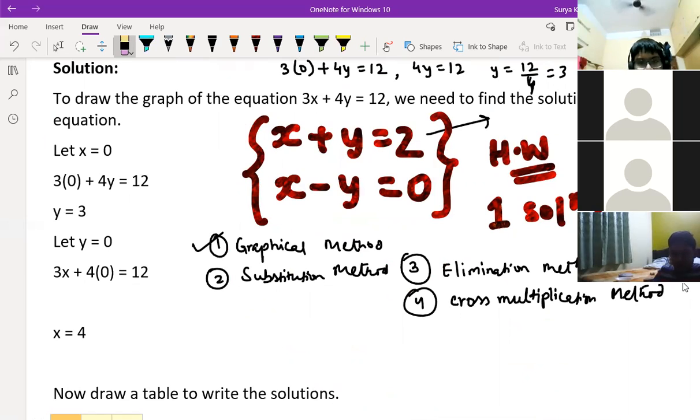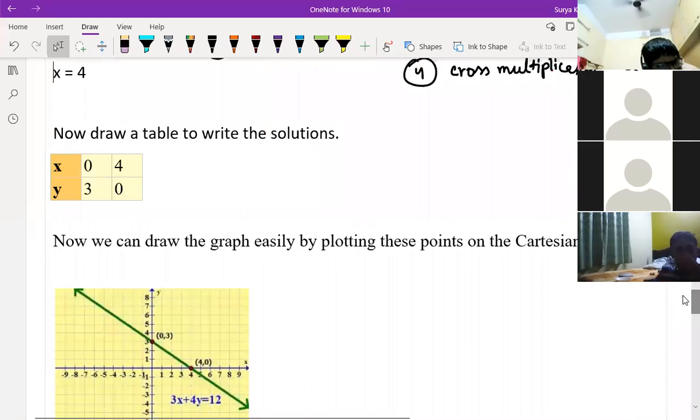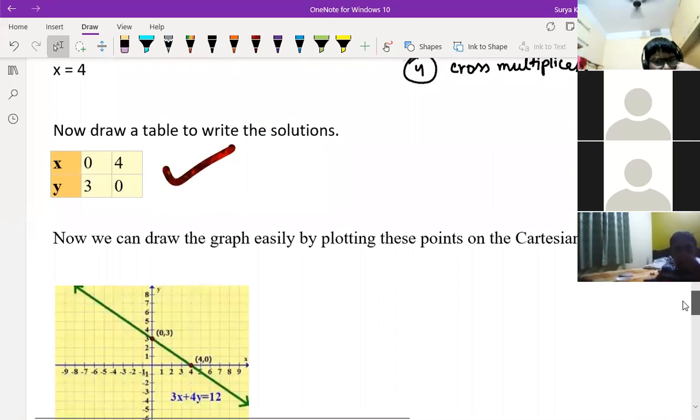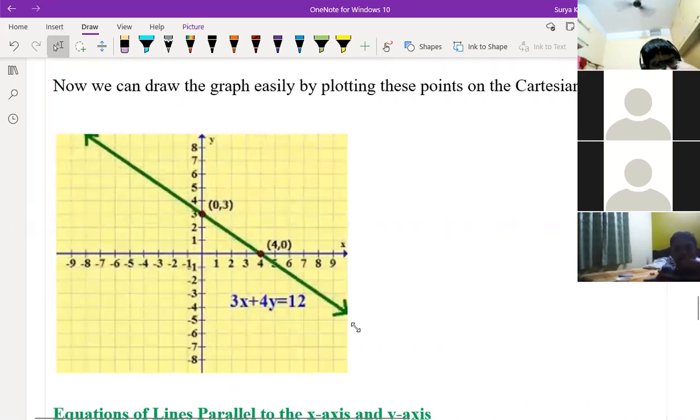Now I'll tell you the substitution method, okay? Right now I'll finish the substitution method also, then we can move further. See the same question, we'll see this question. See, they have done the graphical method. This is the graphical method they are doing. Same thing you people did in the notebook, same graph you have done, check. Now we can match with the graph you have done before.